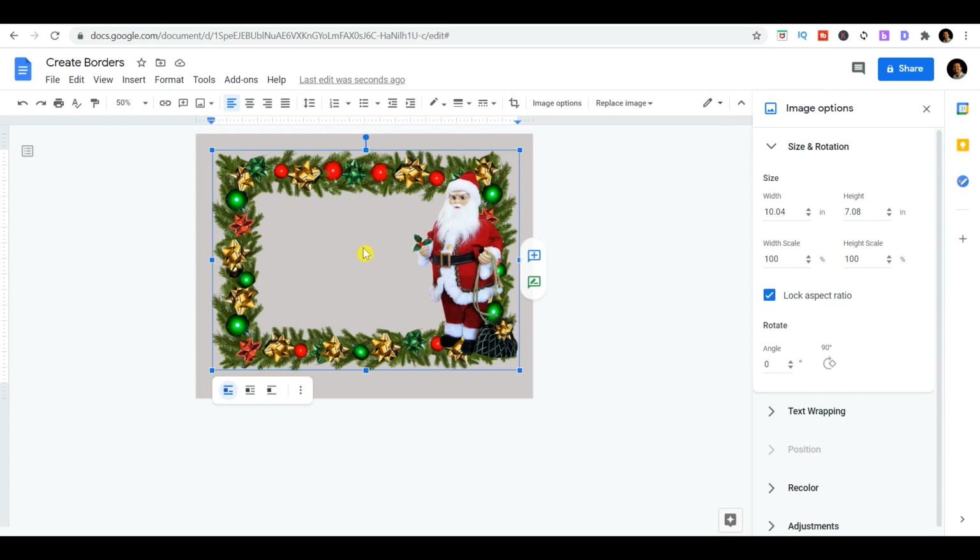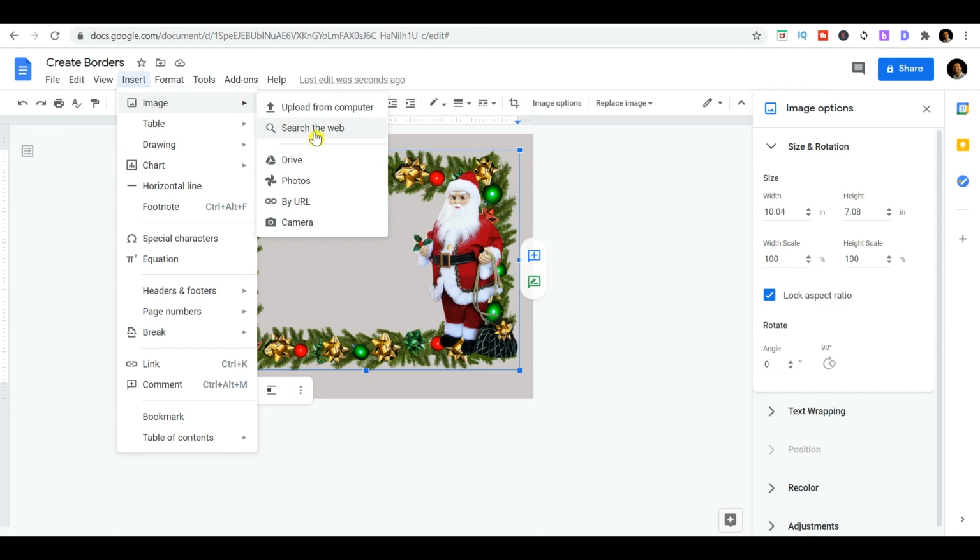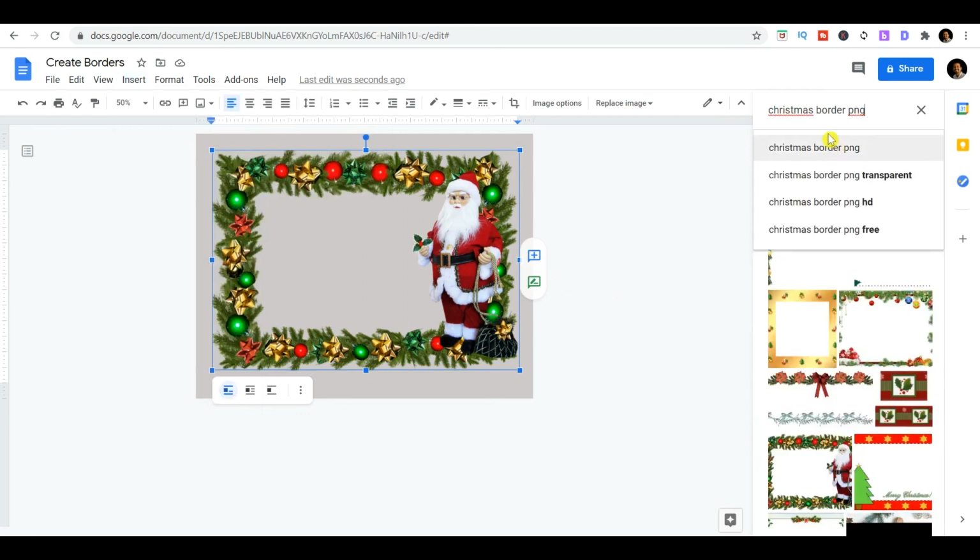Now for the fifth option, where I want to add a decorative border in Google Docs, from insert image and search the web, I add decorative border PNG. That's the one that you would want to put here and press enter.